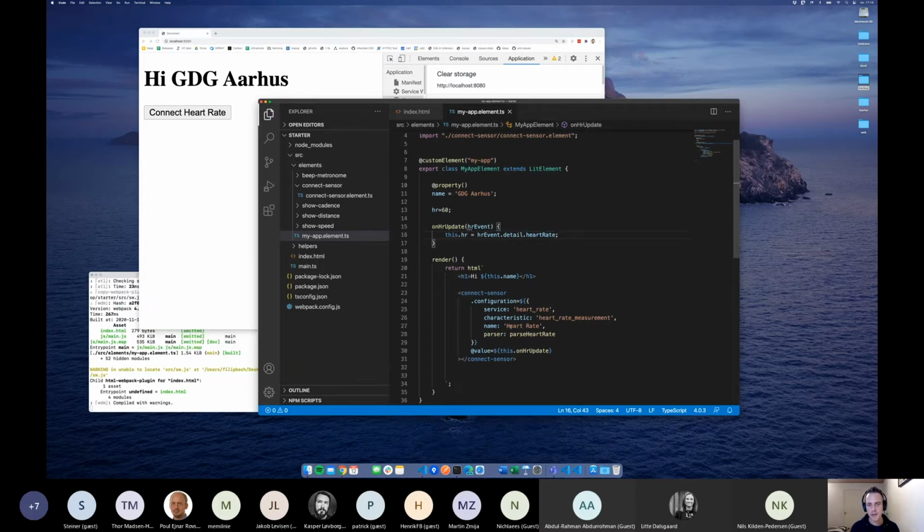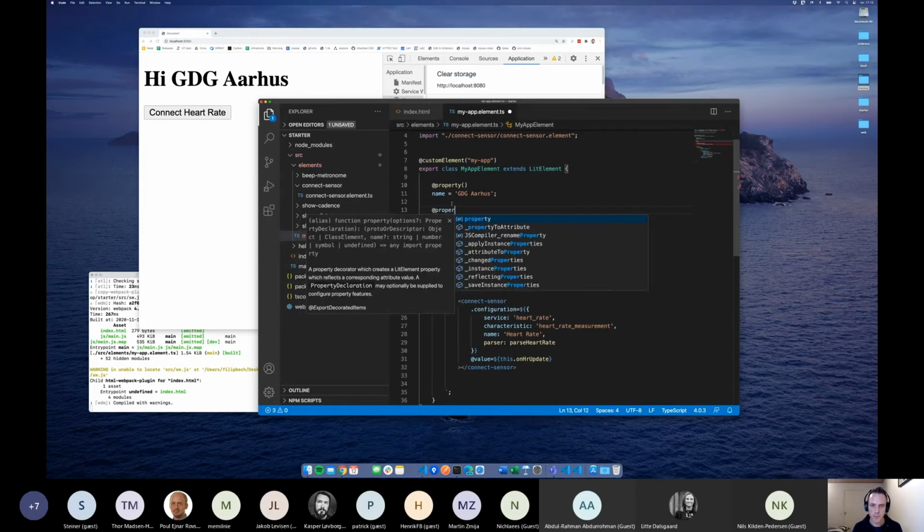So this should mean that when we connect to the sensor, we use the generic connect sensor element that takes a configuration here that listens for the heart rate service with the heart rate measurement characteristics. It runs it through the parse heart rate function. And anytime there's a new value, it's going to emit the value event that we then pass on to the on HR update function